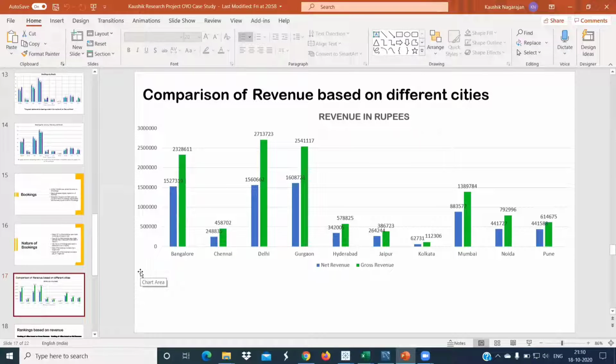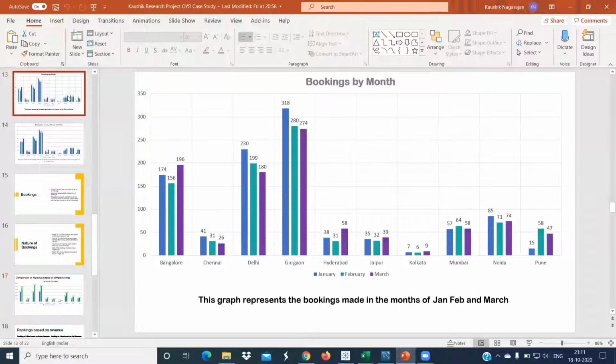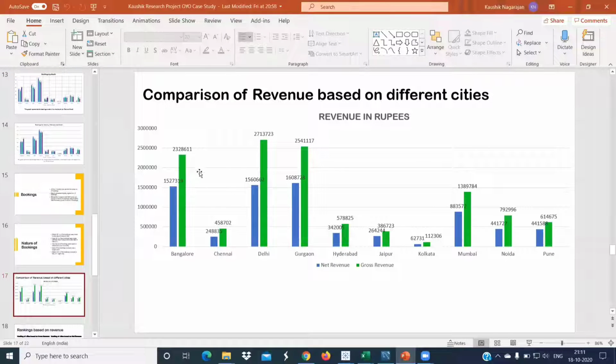This slide talks about revenue based on different cities. Again, this graph was obtained by executing an SQL query, which I would not wish to go inside because it was similar to this slide only. If I do it very long, then the presentation would become boring and lengthy, so I want to make it a crisp one.